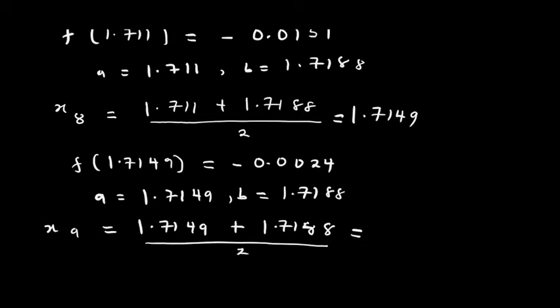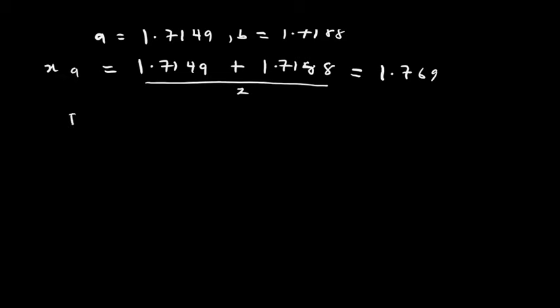And this is equal to 1.7169. So f of 1.7169 is equal to 0.0042. Since this is positive, the next two guesses will be